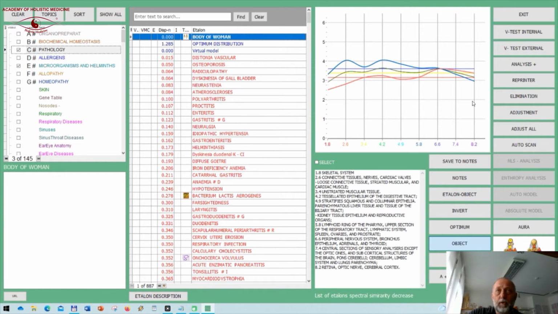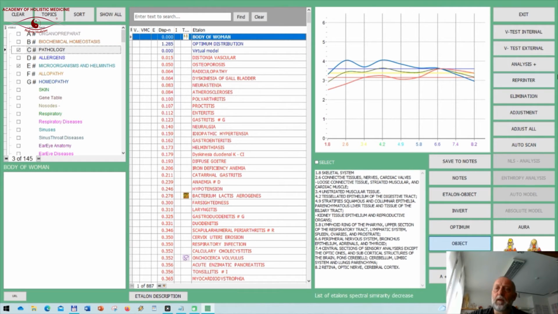Later I will show you how to interpret these lines. But for now we only need to know that these are the graphs from a woman. The blue line is the yin state, which means structure. The red line is the yang line, which means function. So we can see that function is lost and structure is not very well